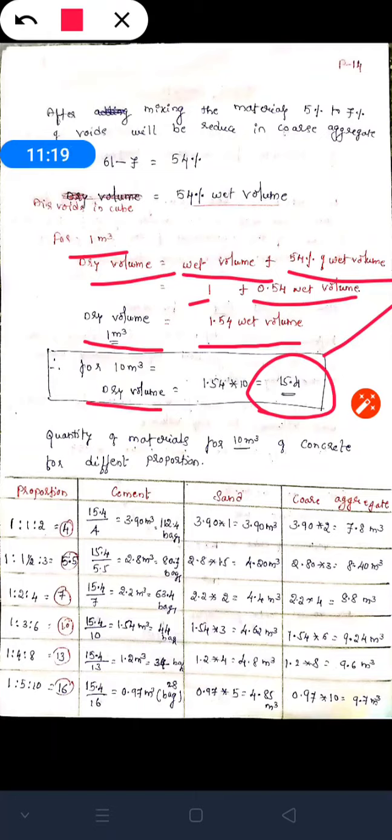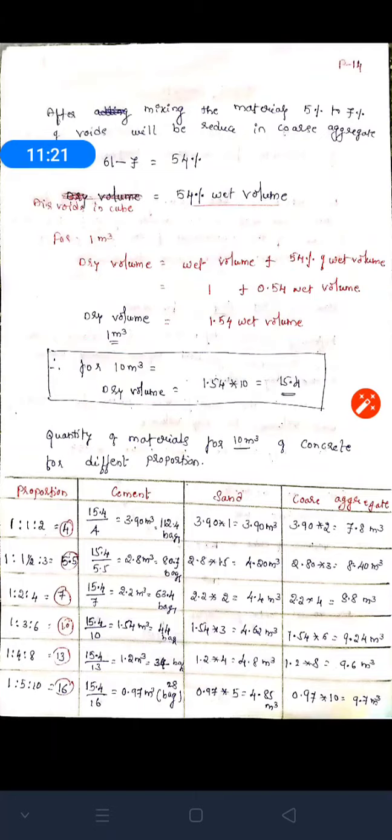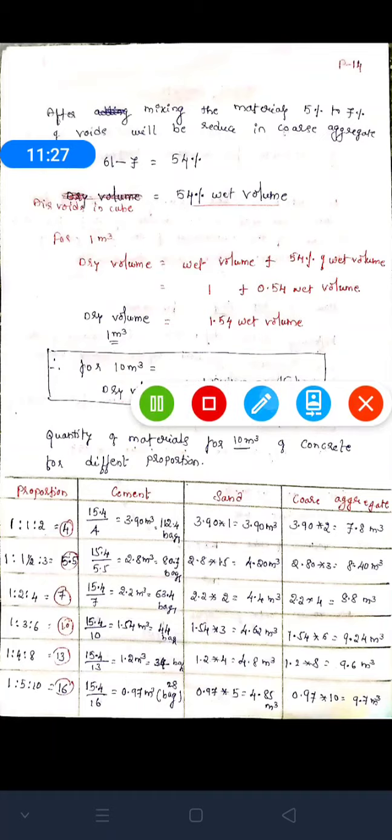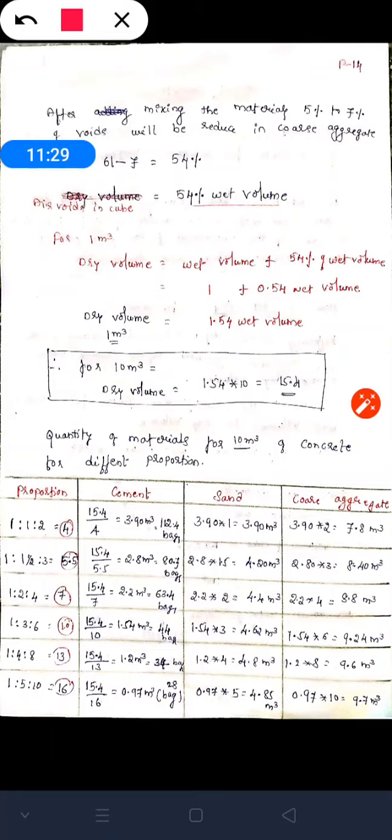Here we calculated the dry volume for different proportions. In this figure you can see the first proportion is 1:1:2. After adding, we got 4 here, 1 plus 1 plus 2 equals 4. Then for cement, the dry volume is 15.4. You should just remember the 15.4, or else you can calculate it by considering the 1 meter cube